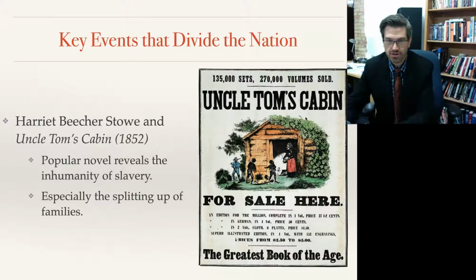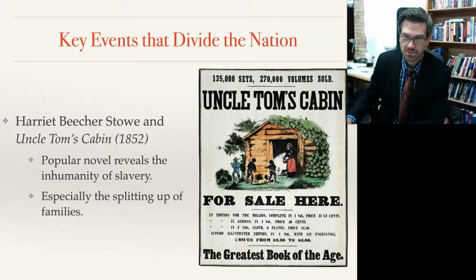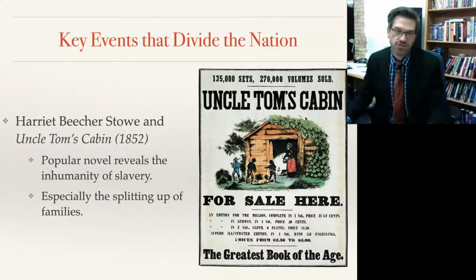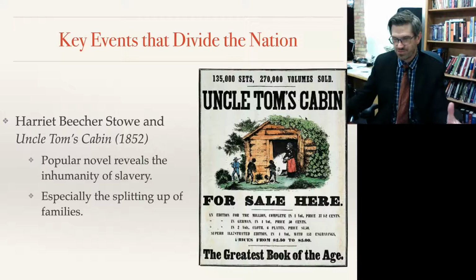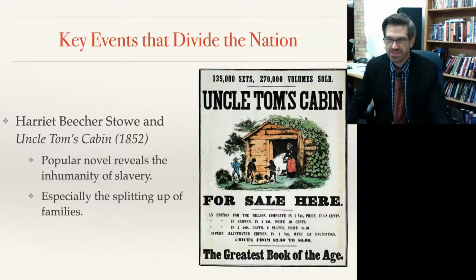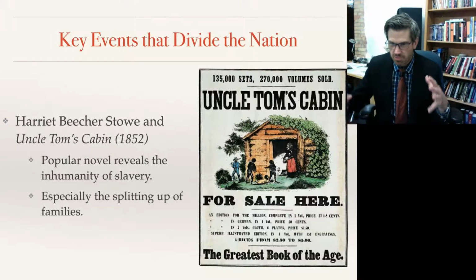What are they going to call it? Again, if we were talking about it today, they'd say it was fake news, right? Oh, it's just these Northerners. Actually, we treat our slaves really well, as a lot of Southern plantation owners would say. And they're just trying to exaggerate the situation for sympathy. But either way,